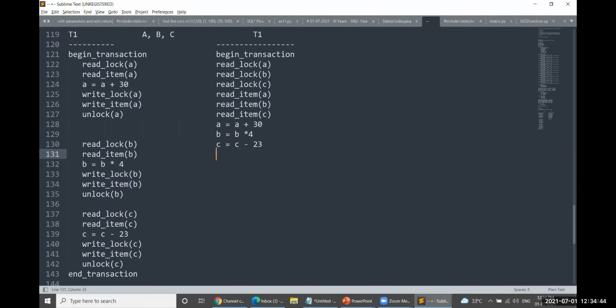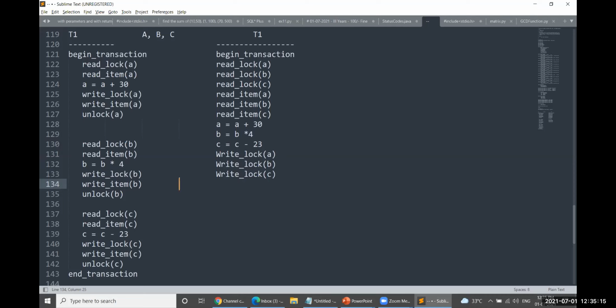Then apply for write lock, write lock of A. This particular operation could be done for all items here. So write lock of B, then here also write lock of C. Yes, write lock of C also.